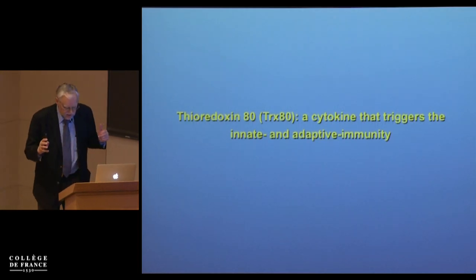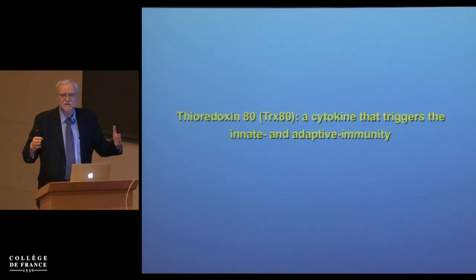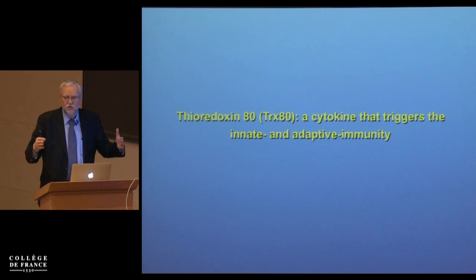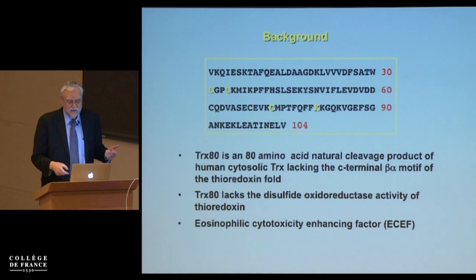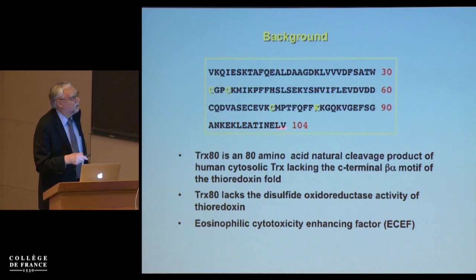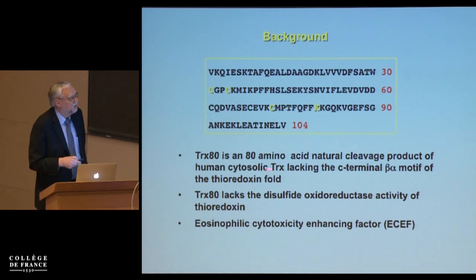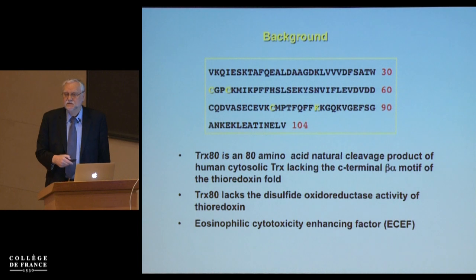Now, thioredoxin 80 is the first 80 amino acid residues, a shorter form of thioredoxin, from the N-terminal. It's cleaved at, if you see this picture, this is E. coli thioredoxin, no, sorry, human thioredoxin. Here is the active site. And thioredoxin 80 is an 80 amino acid natural cleavage product of thioredoxin, lacking the C-terminal motif of thioredoxin. Importantly, this lacks